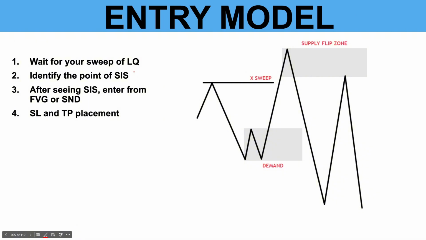In this case, let's say we had a previous day high over here, and this is the trade that we will be going for. First things first, identify your liquidity. I didn't actually mention that, but realistically, you should be able to do that now after watching the previous slides. Number one, we wait for our sweep of liquidity. So we have this previous day high and we wait for this high to be swept, obviously towards the upside. Then after we see price trading above this high and stopping out all of the traders from this level,